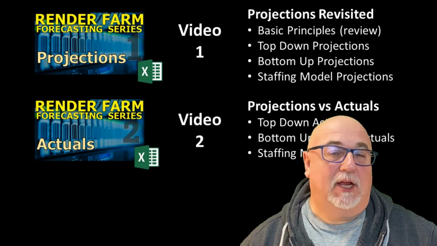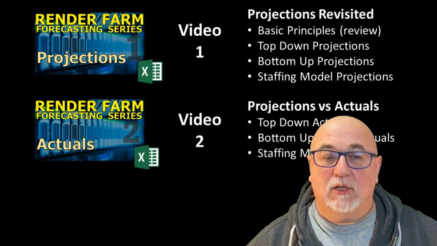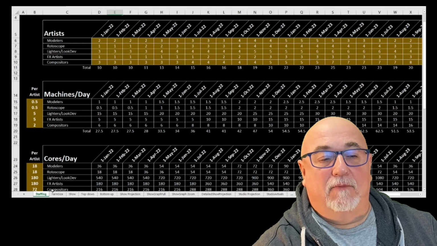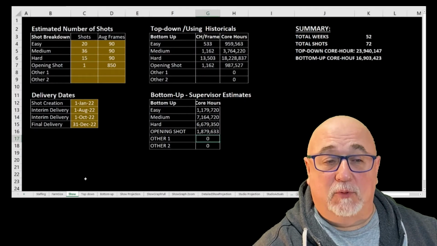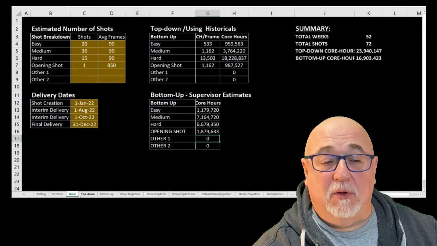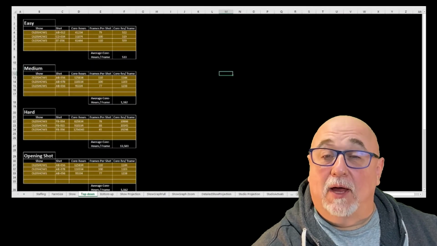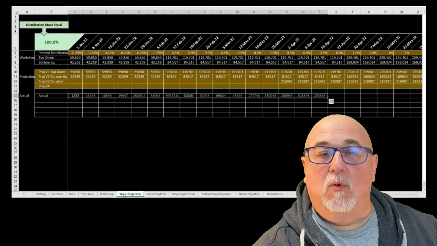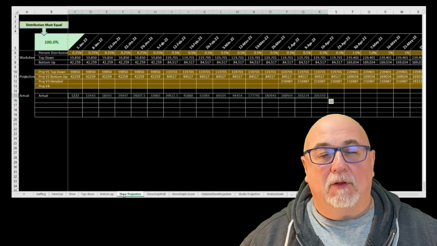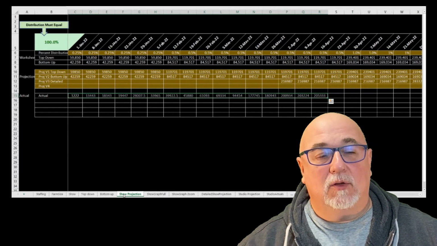In my previous video, we went through projections. We went through some detailed spreadsheets, including these worksheets such as staffing, farm size. We went through the show page, which is where we go through and assign how big the show is going to be. We went through and talked about top-down projections and bottom-up projections. But now we're going to talk a little bit more about the show projection form. And if you'll notice, a little change from the last one to this one is another row towards the bottom